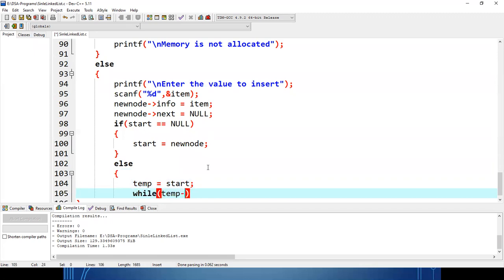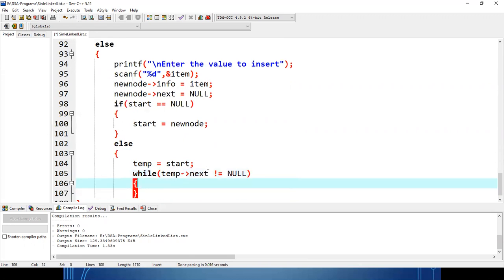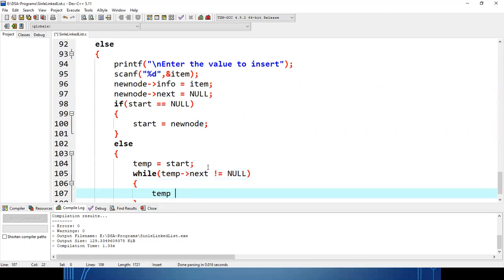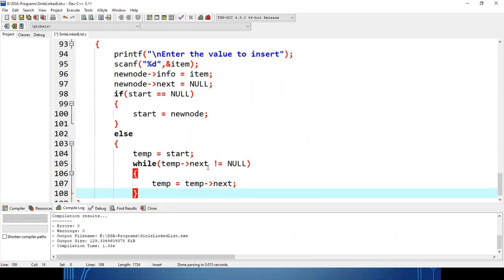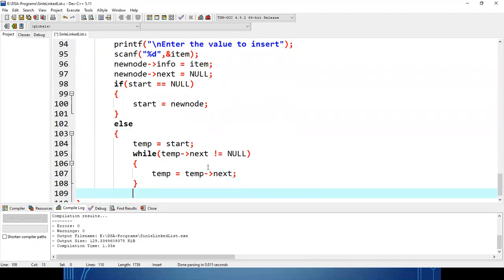How to reach the end? I have to check while temp next is not equal to null. Till that time I have to just go to the next node. And when my loop is over, we will confirm that my temp is pointing to the last node because its next is null. Clear?